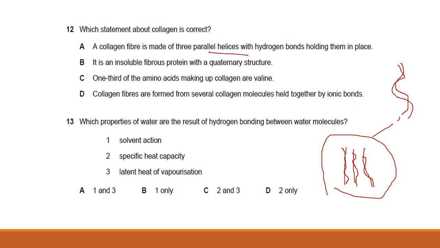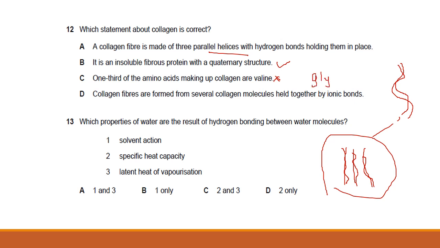Option B, it is an insoluble fibrous protein with a quaternary structure. That's absolutely correct. And remember that a quaternary structure is not a shape. A quaternary structure is what you have when you have 2 or more polypeptide chains making up the protein. Option C, 1/3 of the amino acids making up collagen are valine. That's not true. As a matter of fact, I think what you find in collagen is glycine, and that's because